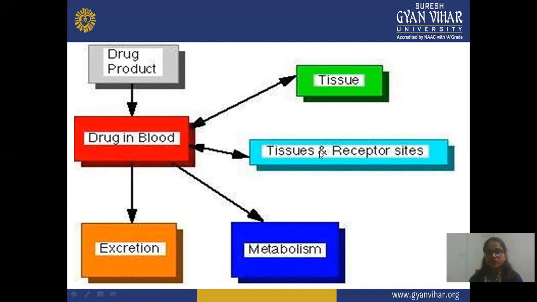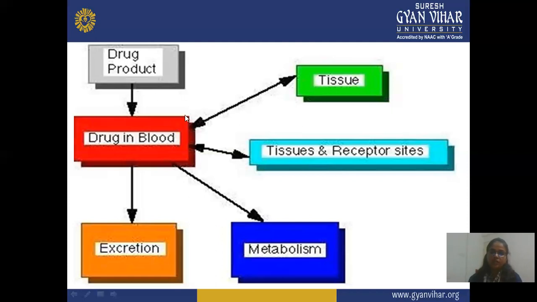After reaching the tissue and receptor, there may be chances that the drug comes back to the blood. The next parameter that may be observed when the drug is in your blood is metabolism, meaning the drug is directly metabolized. This is an irreversible process, because once your drug is metabolized, there is no chance that it will show an effect in your body again. So these are the flowchart or parameters that show the effect of your drug.